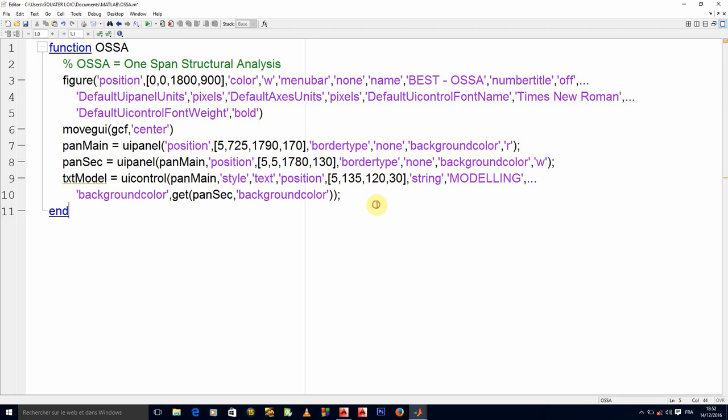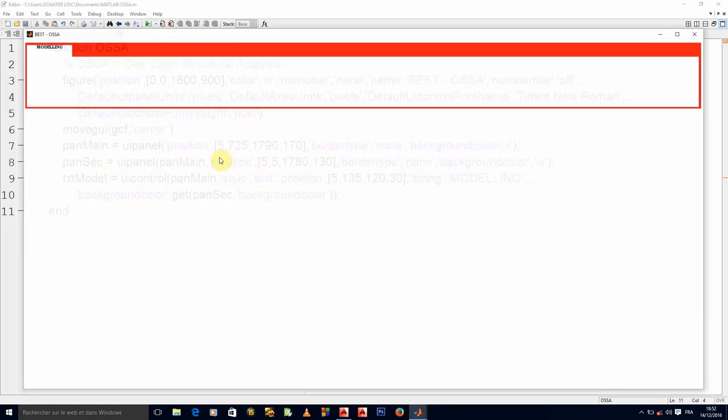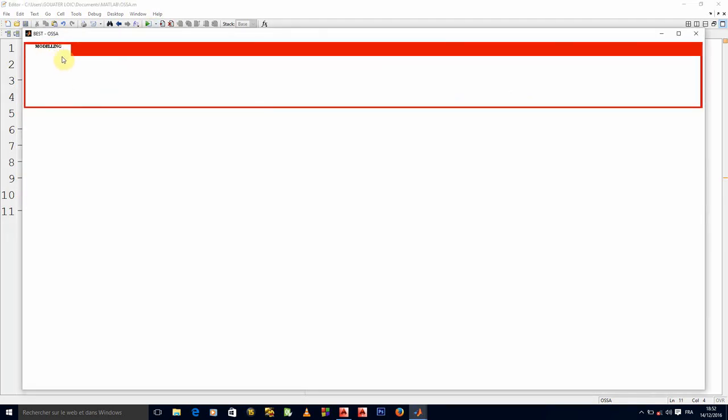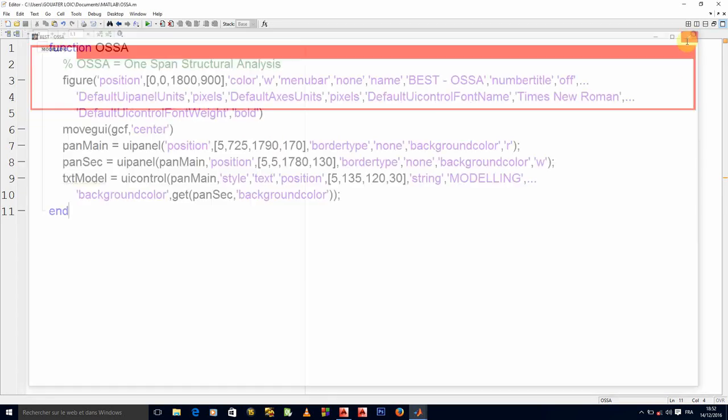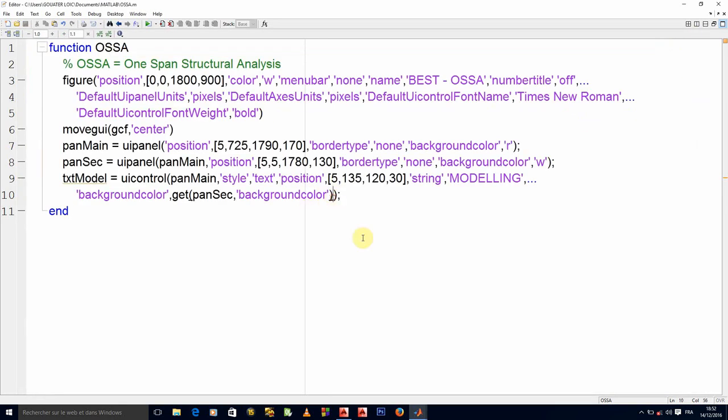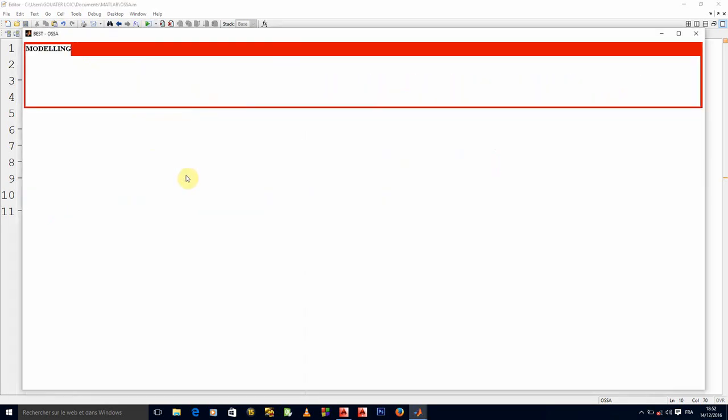Let's try that. Okay, so I have that. Now I think I'll also increase the font size for this particular one. I'll increase the font size property to give me, let's see, 14. Let's try that. Okay, it's more interesting, right?